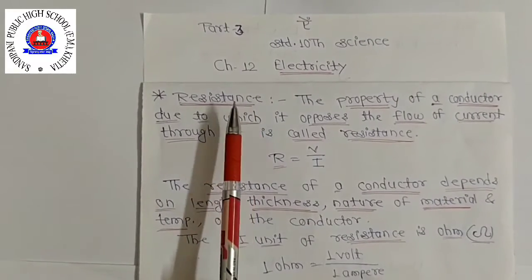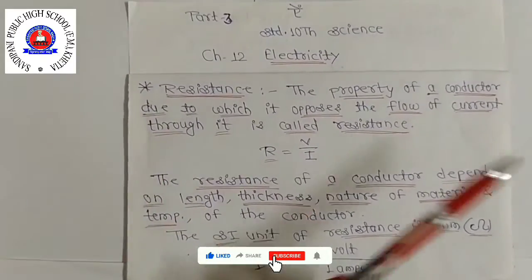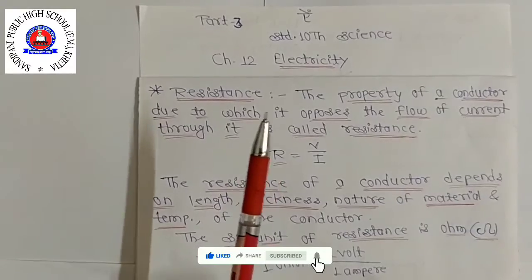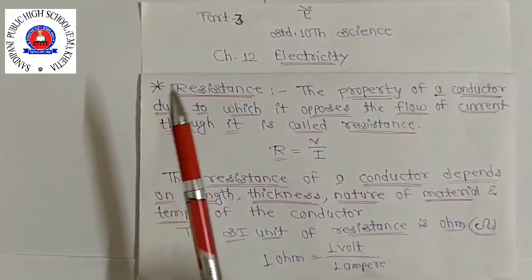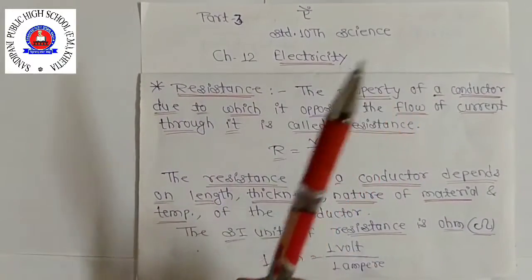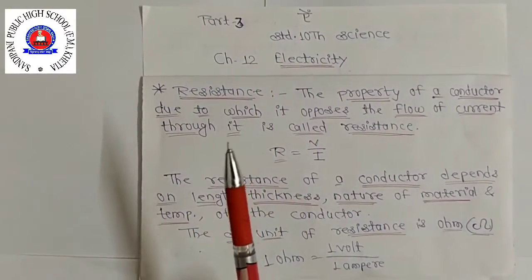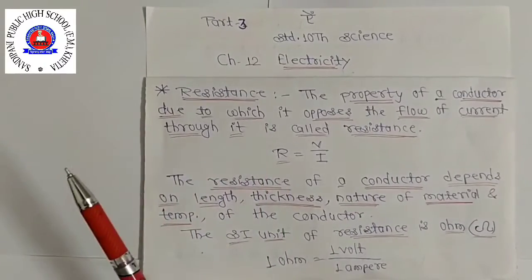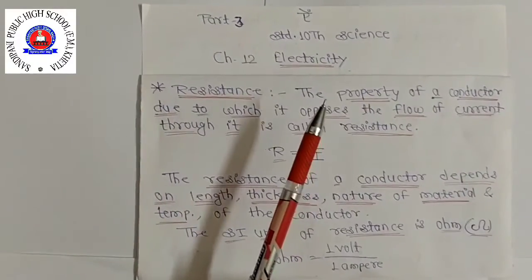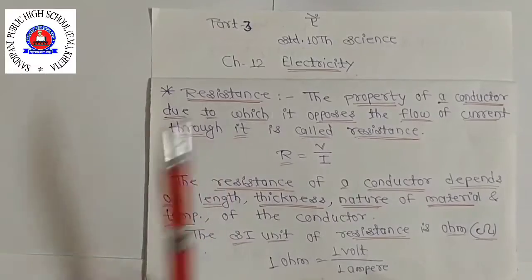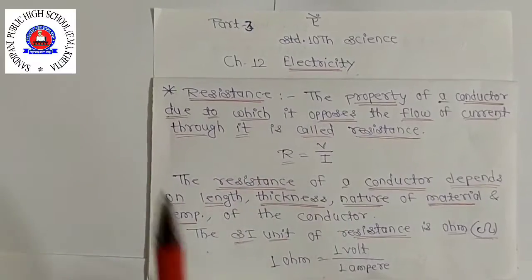Electric current is a flow of electrons through a conductor. Okay, you know that electric current flows through what? Through a conductor. So when the electrons move from one part of the conductor to the other part, they collide. What do the electrons do to each other? They collide with other electrons and with the atoms and ions present in the body of the conductor.